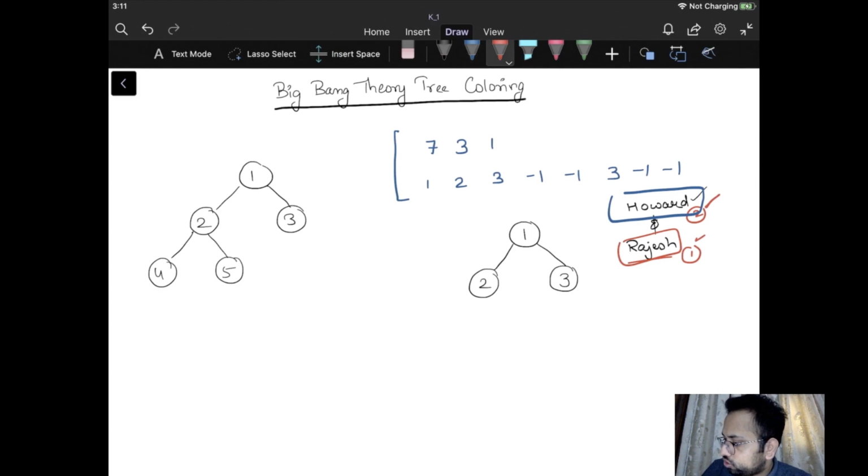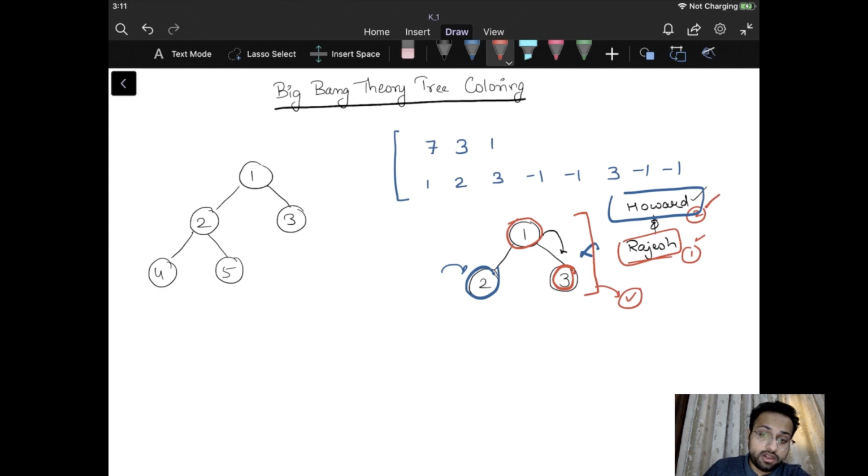So if Rajesh chooses this node, now what will happen? We can choose either the second or the third. Anyway, if I choose any of these nodes, let's say I choose 2, then in the next turn Rajesh will go and color this node red. When the game ends, no one can choose any node, because there is no node left for me to color further, and there is no node left for Rajesh to color. I will lose in this game no matter what, because he will eventually end up with 2 nodes.